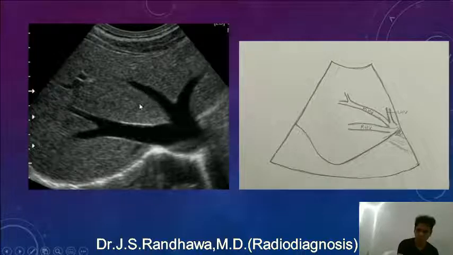Now right hepatic vein is here, and of course right hepatic vein will be in the right lobe and left hepatic vein will be in the left lobe. This is the middle hepatic vein which divides the liver into right lobe. Right lobe is here posterior to it, and this is the left lobe which is anterior to the middle hepatic vein. You can see in the line diagram also, beneath the middle hepatic vein, or posterior to it, is the right lobe, and anterior to it is the left lobe.